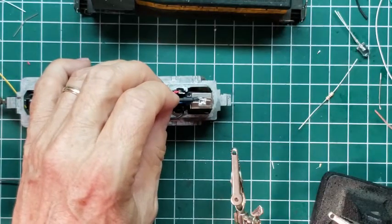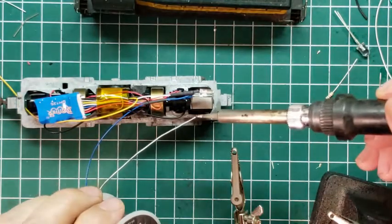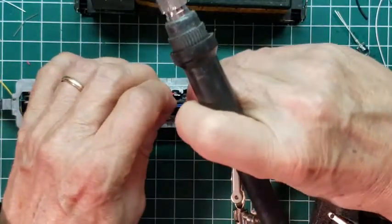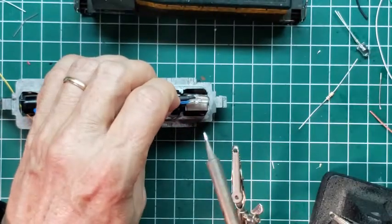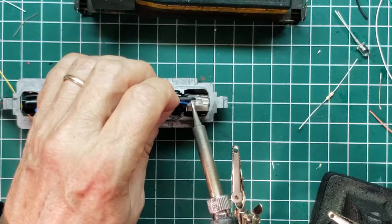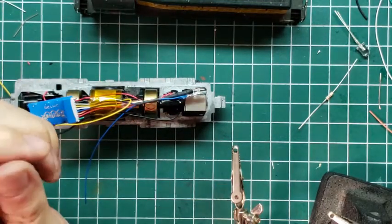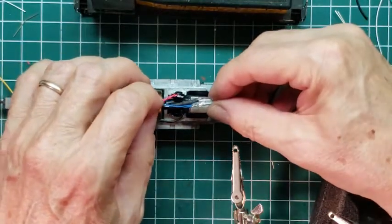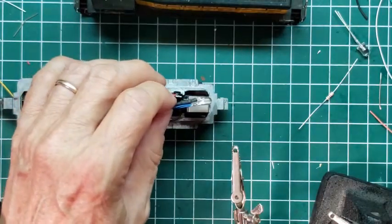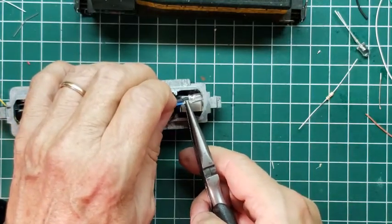There we go. Like that. And then just pulling the shrink tube towards it. Now it's got like a little bump in it. The shrink tube's not going to go over that bump. So we're just going to squeeze it with the